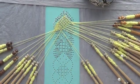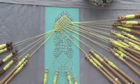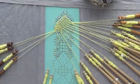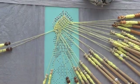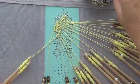So half stitch, you've covered your pin, now knock him out of the way. Okay, now we're just going to work our way back over. Remember, don't twist this one, we're doing a whole stitch. Do both of these. Whole stitch,